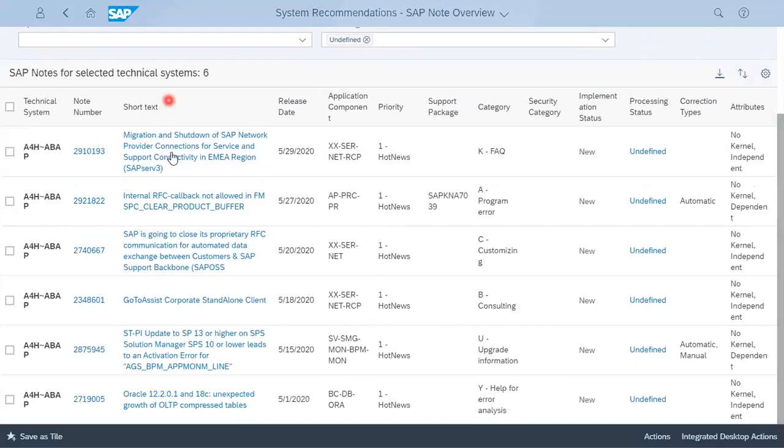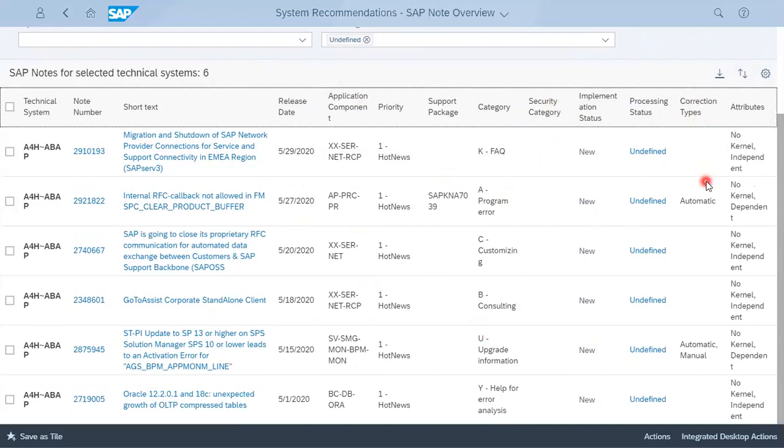And these are the notes: short text, release date, application, priority, support package applicable to, category, implementation status which is new, processing status which is undefined, correction type, and attributes. So these options are available.